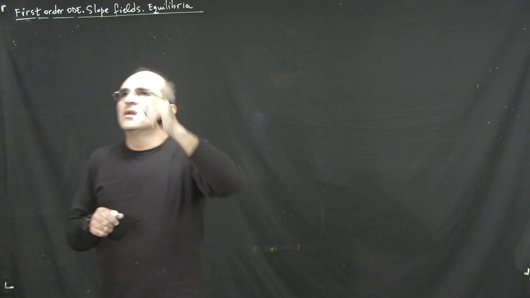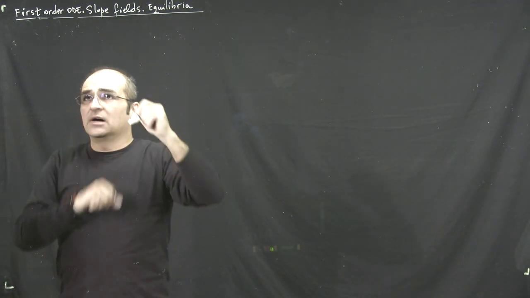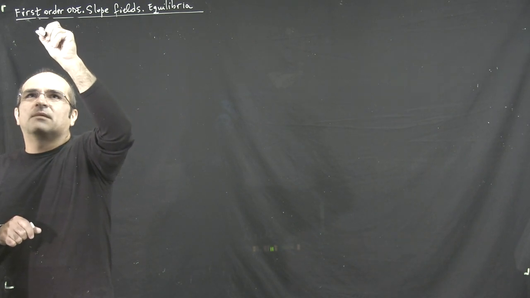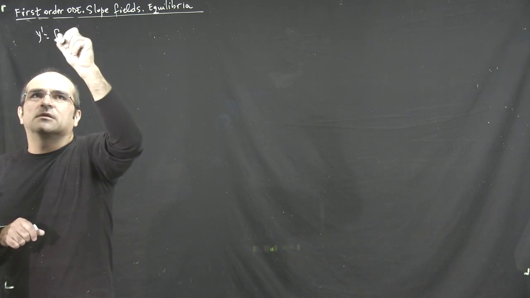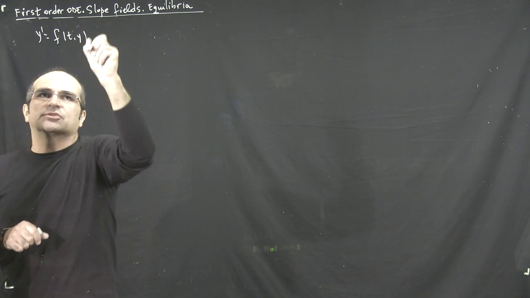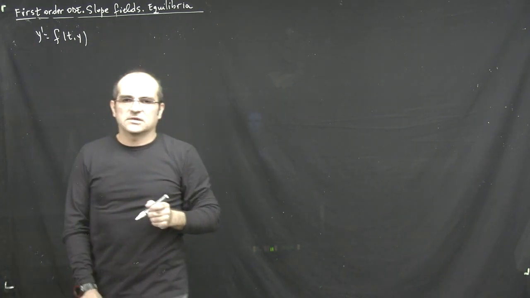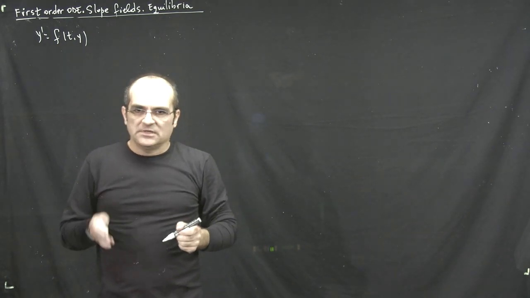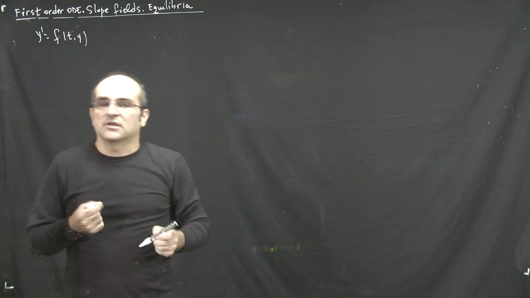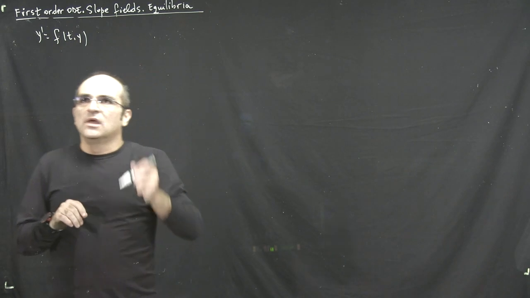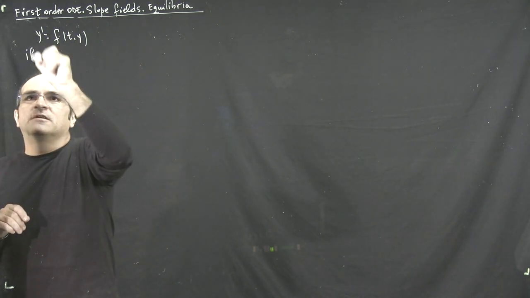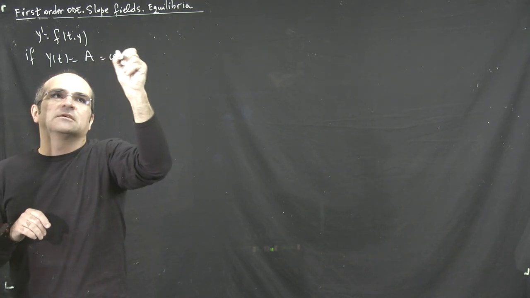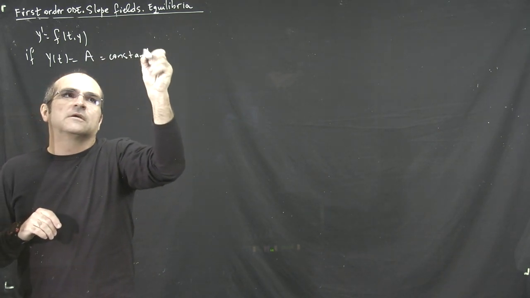About constant solutions, or so-called equilibrium solutions. So when you have an ODE, the easiest type of solution you can think about is a constant. If the equation, the ODE, admits a constant solution, it may not have one. But if y of t equals some constant a is a solution,